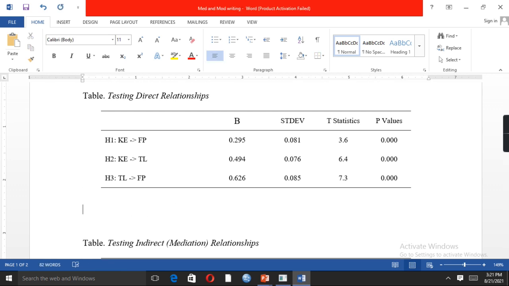So here we are. For example, H1, which is our hypothesis, stated that there is a positive and significant impact of knowledge exploitation on firm performance.